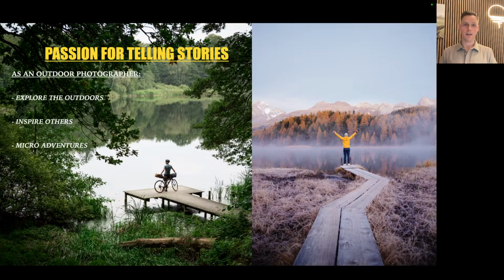I want to inspire others to go out and be more in the outdoors, be more in nature, and bring the camera with you as well to capture the moments. So one of the things that I really like to do is to go on different micro adventures. It could be some bikepacking trips, hiking trips, sea kayaking around Denmark, or as I've been doing recently, I just